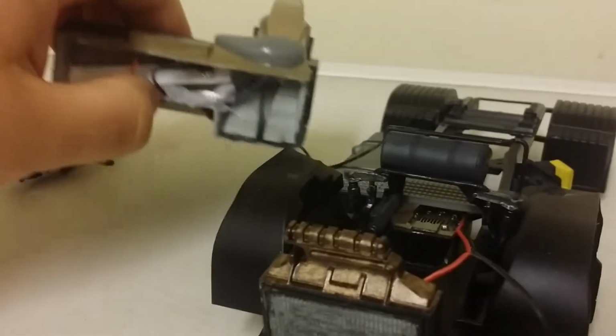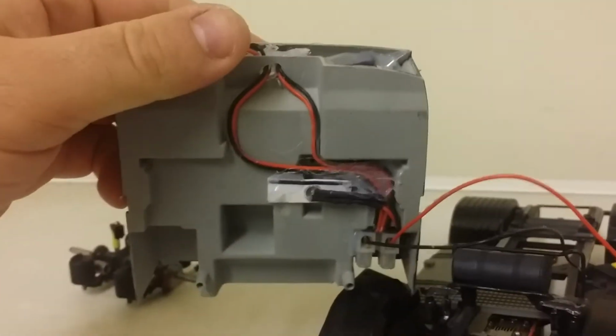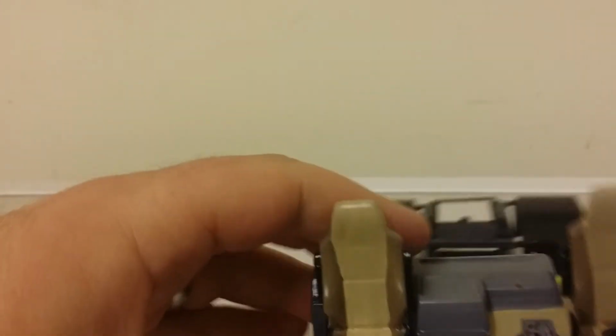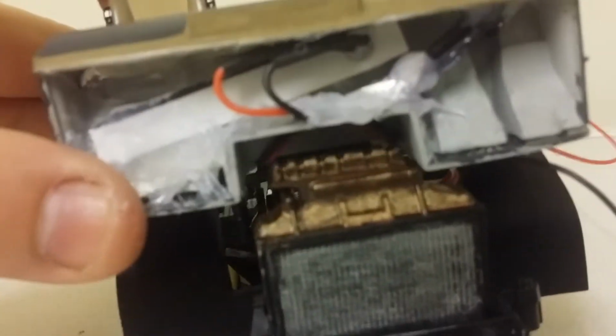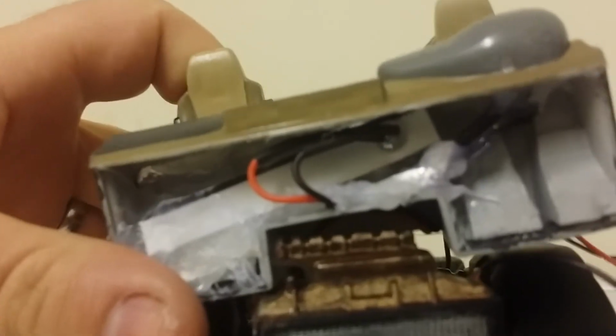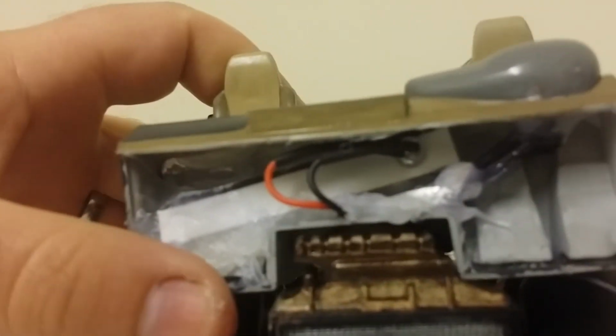Oh, the other point on lighting the cab while I'm thinking about it is, if you're going to run it the way I've done there, you've got to get these wires really tight in, because when it sits on the actual cab itself, on the chassis itself, the radiator is kind of really tight. It's sat squint, it's on the power supply thing, and I'm doing it with one hand. So as you can see, if you don't get it really tight, the cab won't fit properly because the radiator sits in there. So what you might need to do is on the top,